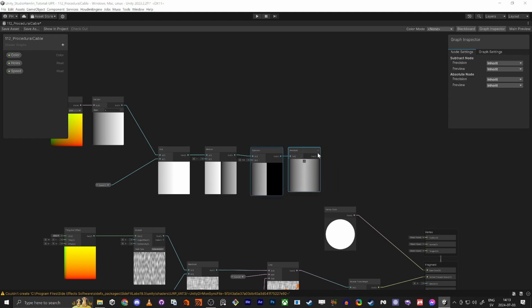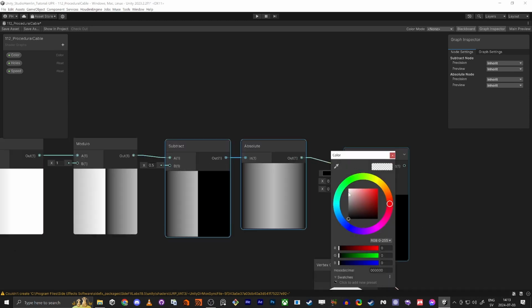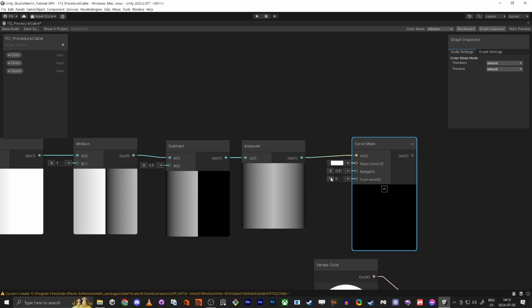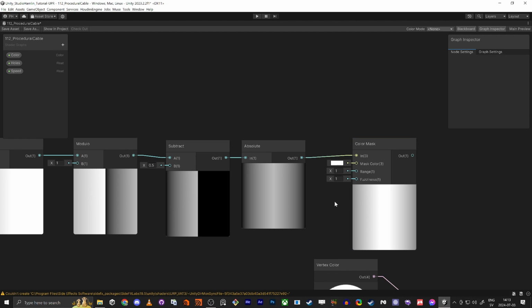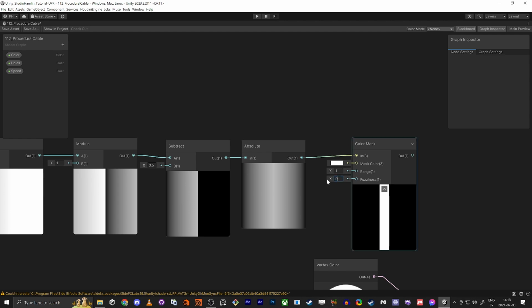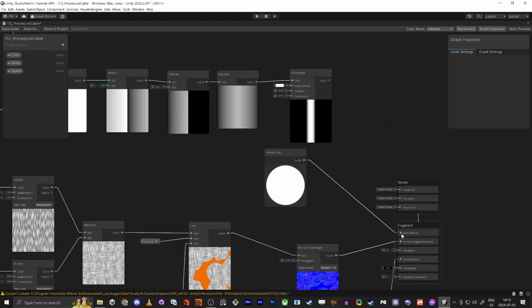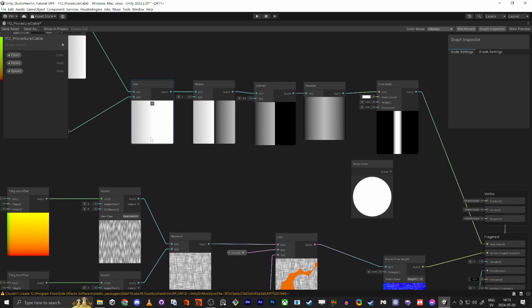And when we have this, we can use this color mask. And if we change this to white and we start to play with these values here, you see we get this, we can control this one. So fuzziness, if you do it to 0, it gets really hard. And if you increase it a little bit, you see it's getting a little bit of a gradient kind of. And this is the range, how wide we want it. So if we do add this to the base color now and save,